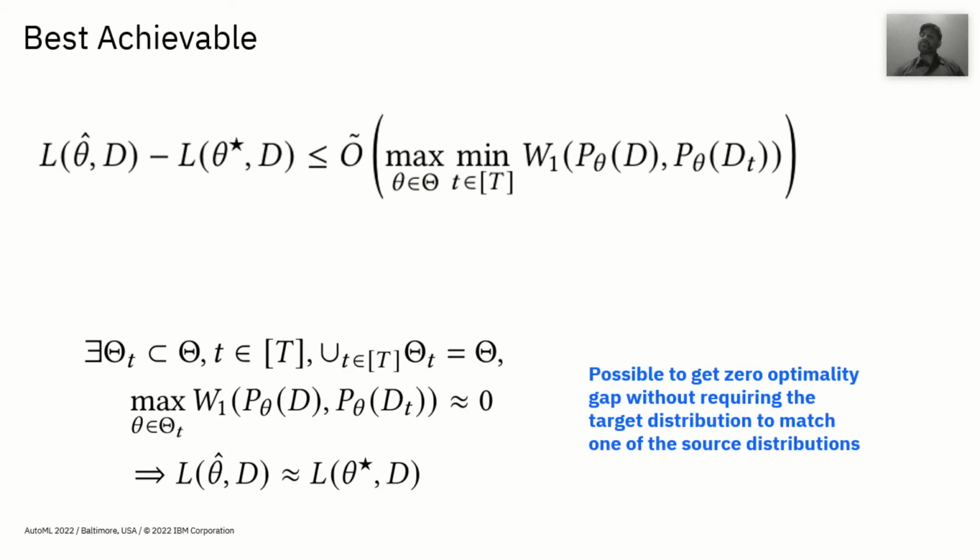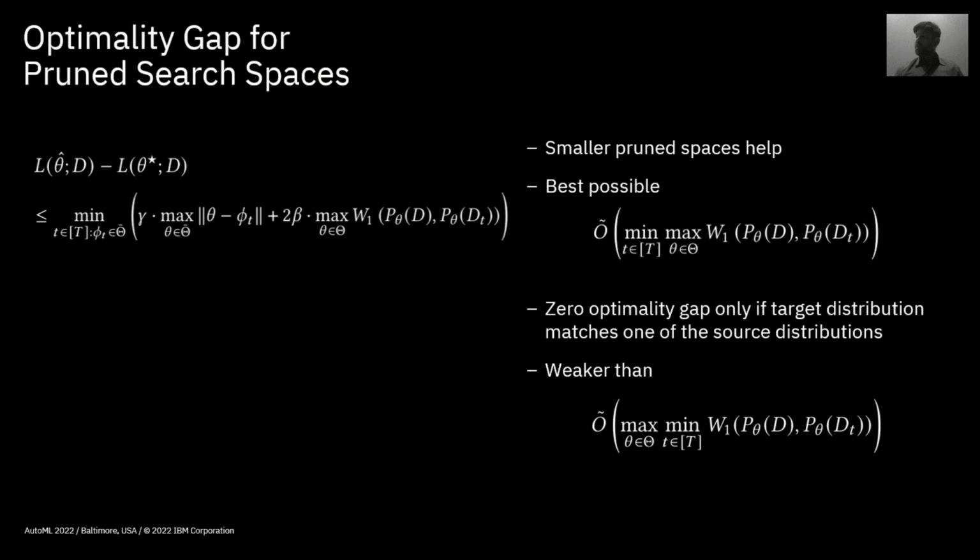If there exists a partition of the hyperparameter space such that within each partition the domain gap between the target distribution and any one of the source tasks is small, then collectively this allows for the best achievable overall optimality gap to be zero. Hence, it is possible to achieve zero optimality gap without requiring the target data distribution to match just one of the source distributions everywhere. Given this best achievable optimality gap bound, we first study the optimality gap for hyperparameter space